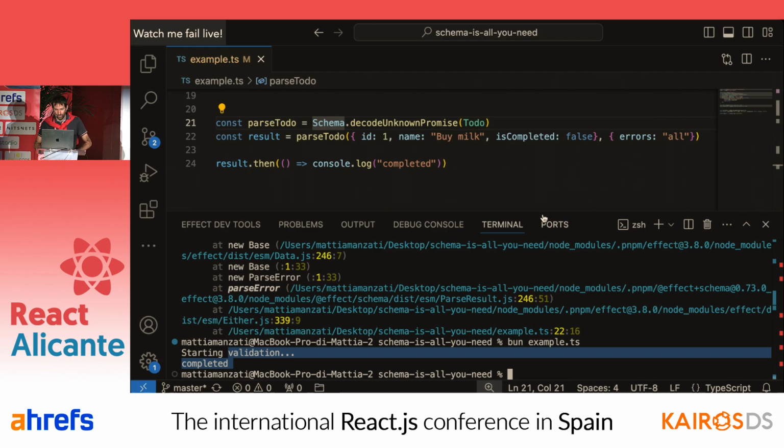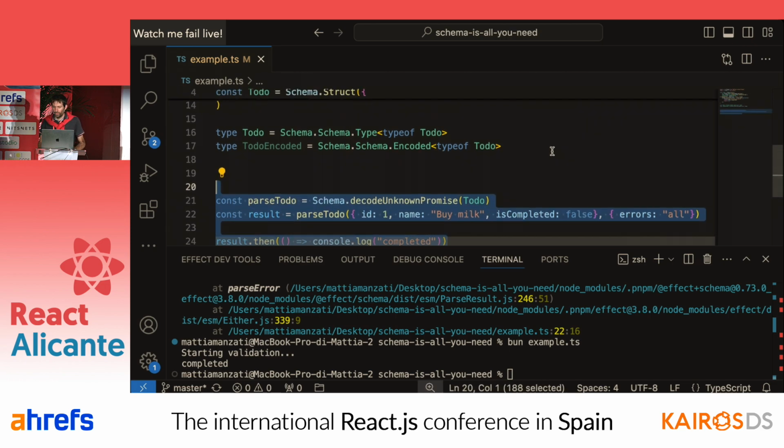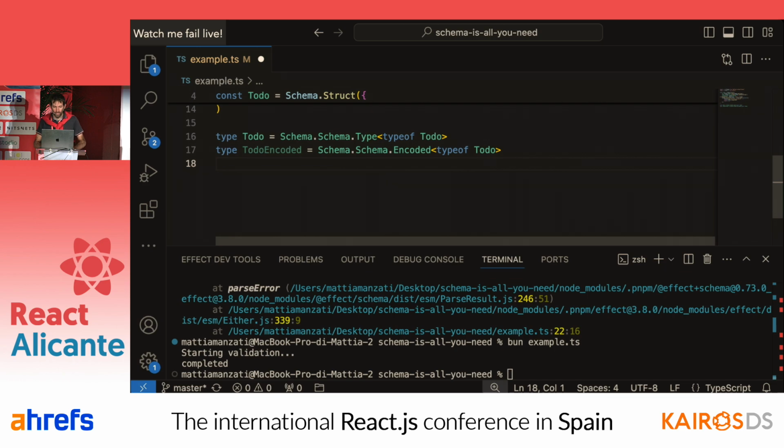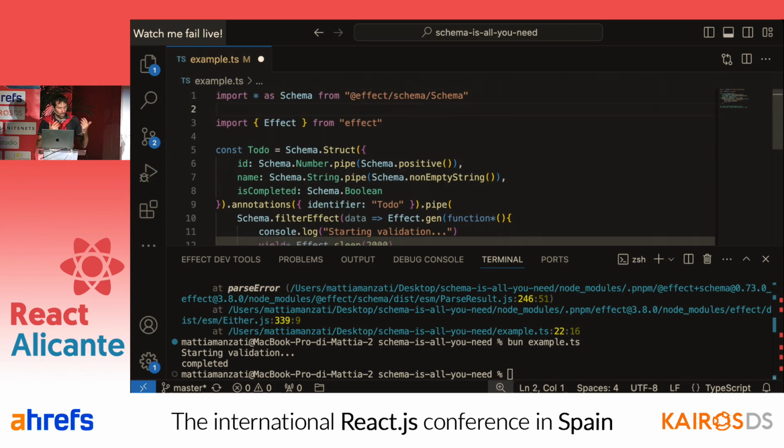And Schema is not really only about encoding and decoding, as we said before. With Schema, we can also, for example, derive arbitraries. What are arbitraries? Arbitraries are basically random values that can be used. We mentioned that before, that we can use, for example, arbitraries to perform validation on our encoded function implementation.